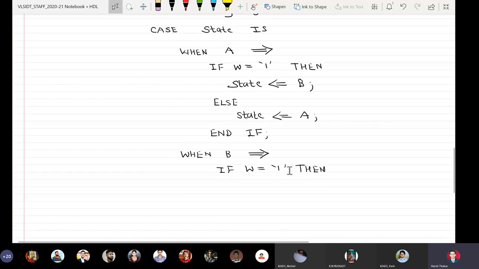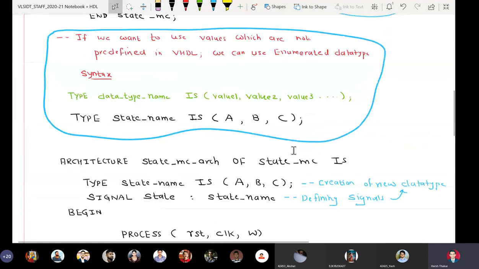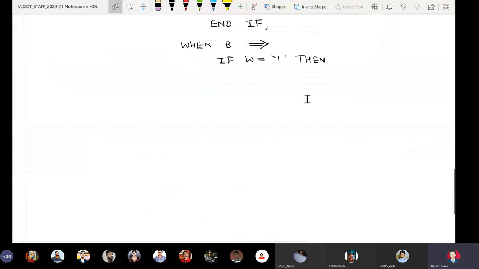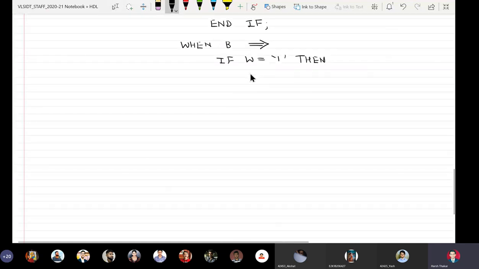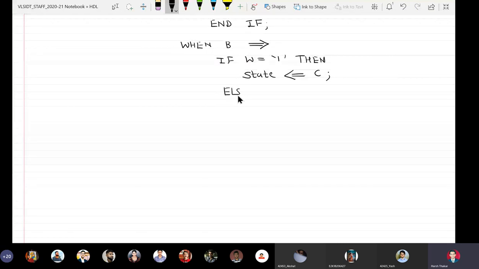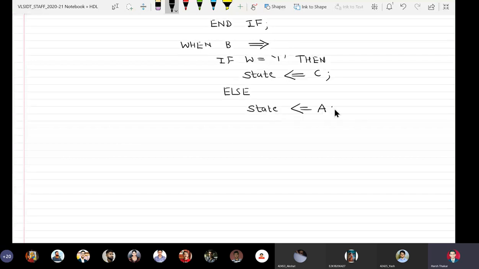So when the machine is in state B and if it reaches W equal to 1, it goes to C, otherwise goes to A. Then state is assigned C, else state gets A, end if.